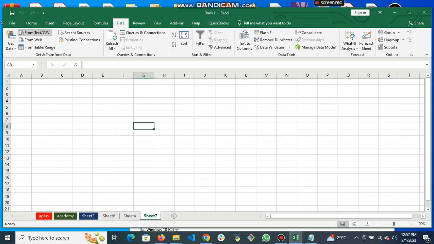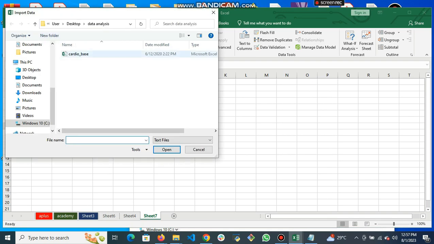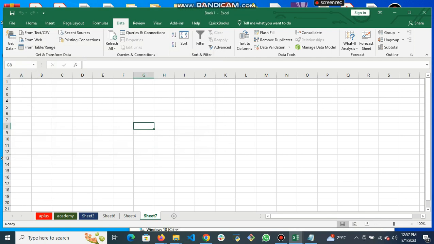But for this, we are going to focus on importing from text or CSV. So clicking on import from text or CSV, I have a CSV file here already, which is cardio based. Ideally, you can't open this directly in Excel; you have to import it into Excel. So by clicking this, importing data into Excel,